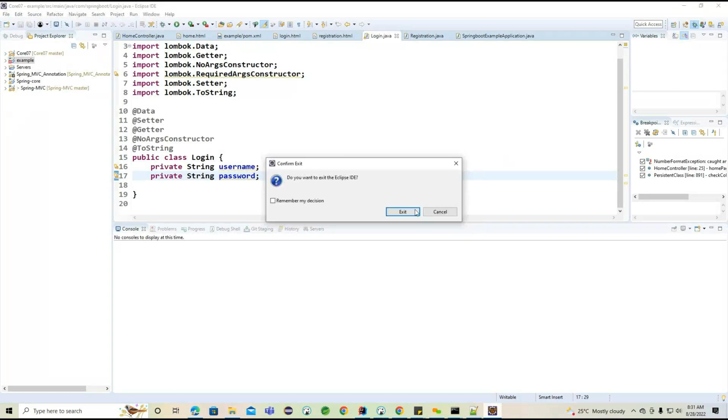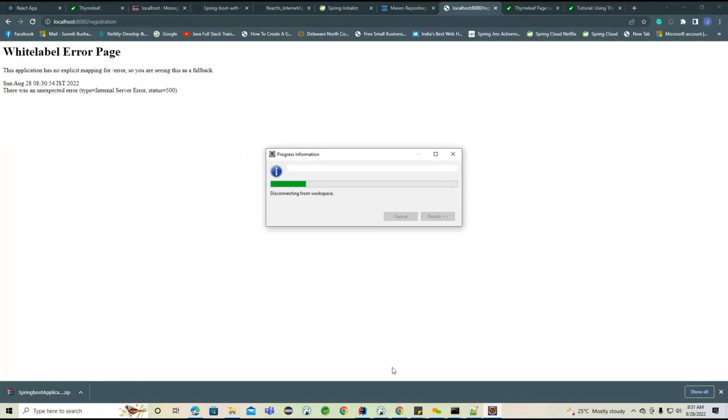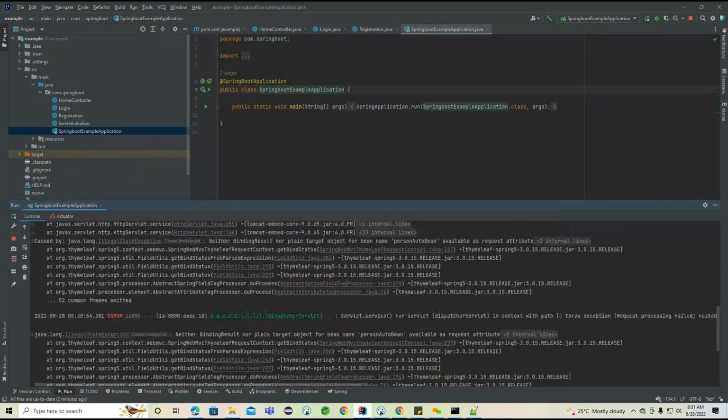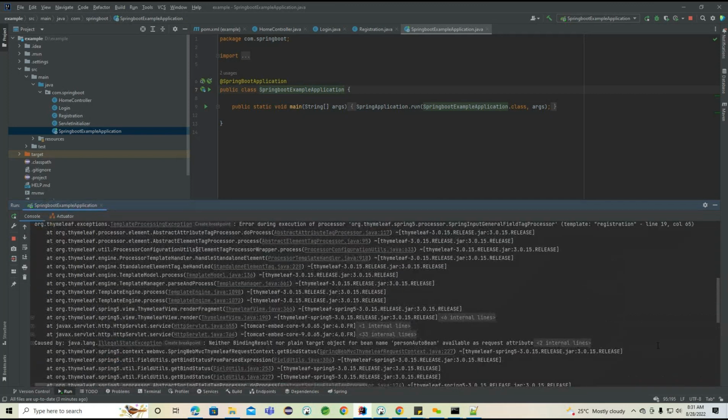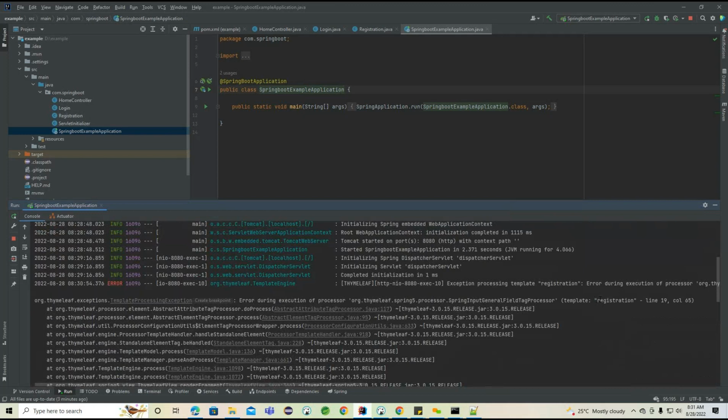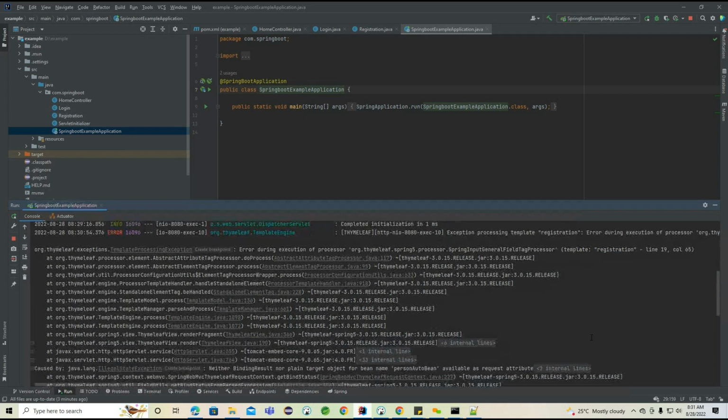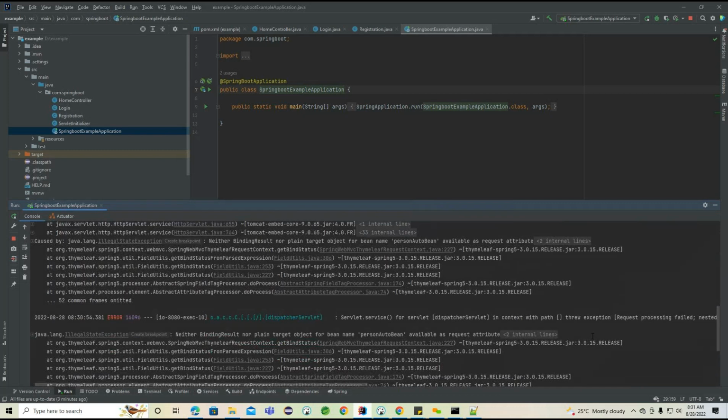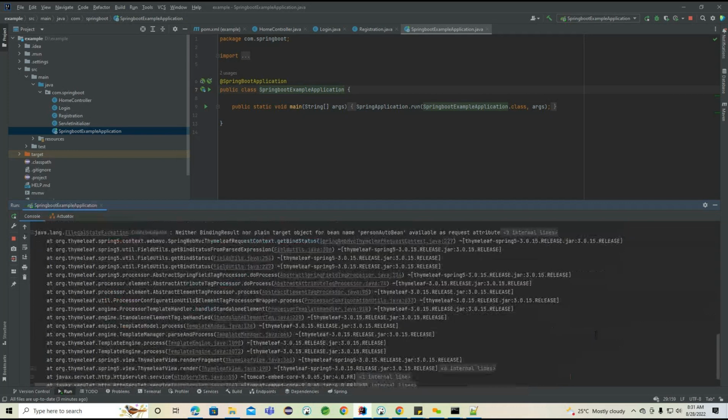So let me close this, not required. We'll go for all the examples in IntelliJ. Now if you see here, we are getting an exception. What it is expecting: neither BindingResult nor plain object. So some error we are getting here. What is the error we need to identify here? The registration template is failing here because some fields are not matching with whatever we created here. If you read this